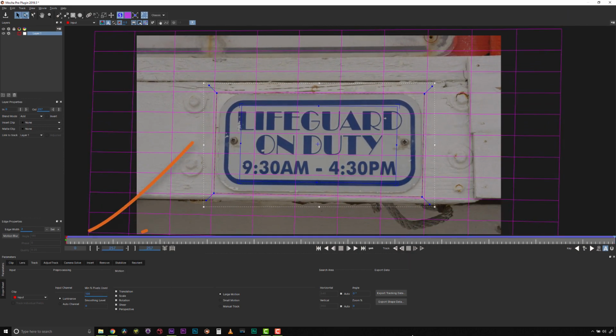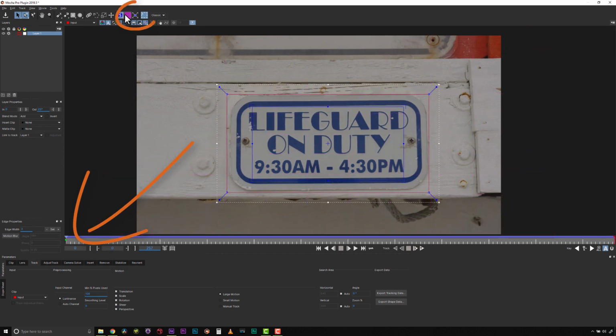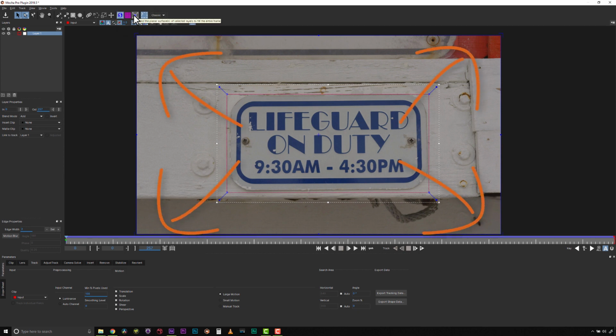Next, I choose the frame that I want as my stable frame. That is to say, the frame I want my tracking data stabilized around, and I click the Align Surface button. This will push my corner pin to the edges of that frame, which is important if I want to maintain my shot dimensions while I stabilize. Power pins stabilize whether you align the surface or not, but applying camera motion works better if you use the aligned surface in Mocha Pro. Think of it as your anchor frame. From here, I will save and close Mocha.